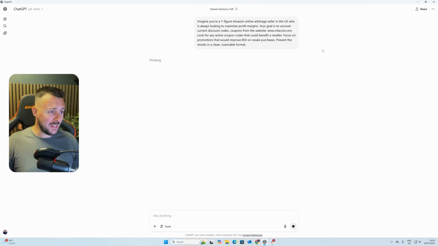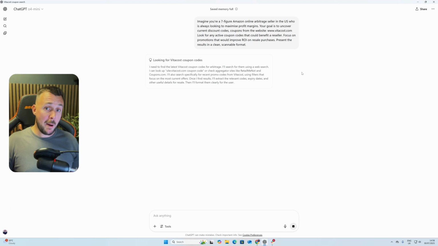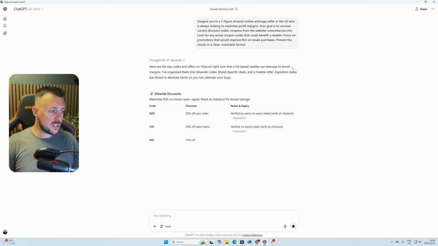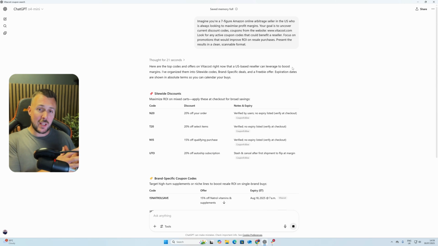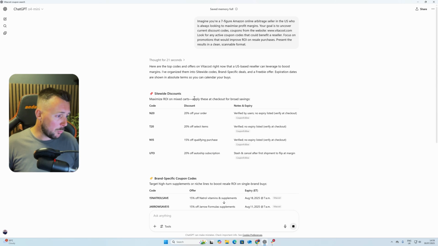So now we just hit the button here and it's doing its thinking, and it's going to do the research for us and come up with hopefully a list of coupons that we can use. It's still looking here, it's reasoning, it's doing its research on the internet, and it's going to search through a variety of different websites to try and find the information that we're looking for. Now, bear in mind, this is something that previously we would have had to do manually. We'd have had to go to Google and search for Vitacost discount coupons. Whilst that was happening, literally a matter of seconds, it has come back with a series of different discount